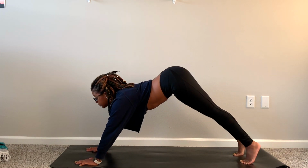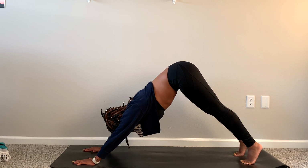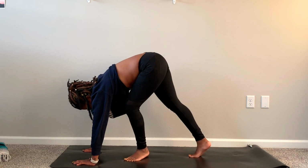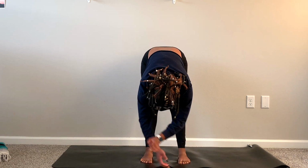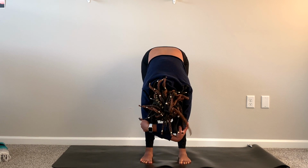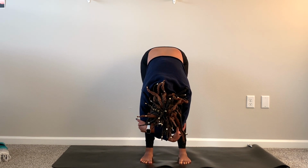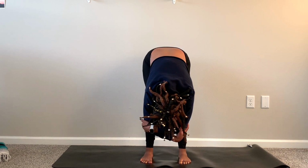And when you're ready, exhale, release, coming into downward facing dog. Slowly begin to walk your feet up to meet with your hands. Taking a micro bend in your knees if necessary here, we're going to make our way into ragdoll. Allowing your right hand to grip your left elbow, left hand grips the right elbow, and slowly begin to sway